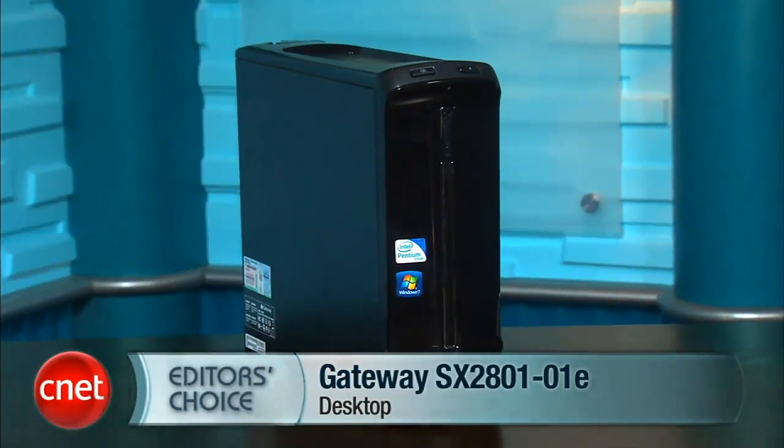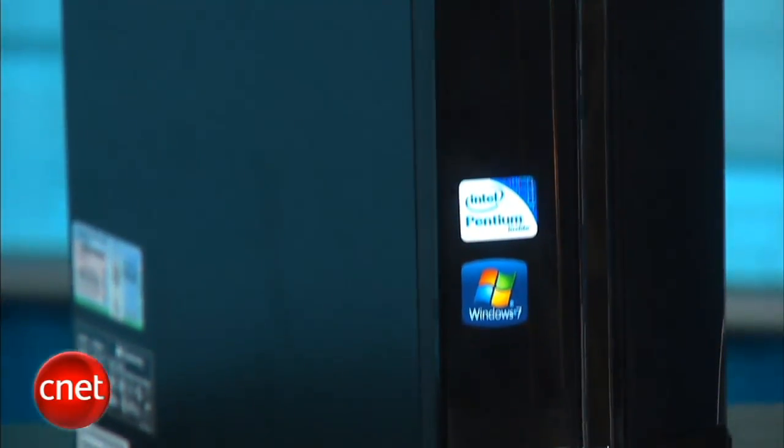Hi, I'm Justin Yu, Associate Editor for CNET.com, with a first look at the SX280101E. It's Gateway's latest budget slim tower system that we're proud to award our Editor's Choice. This $519 desktop is a Best Buy exclusive, and it isn't too far off from last year's model, which also